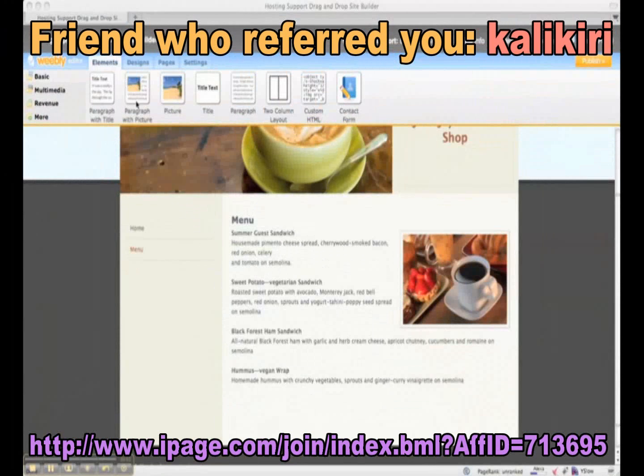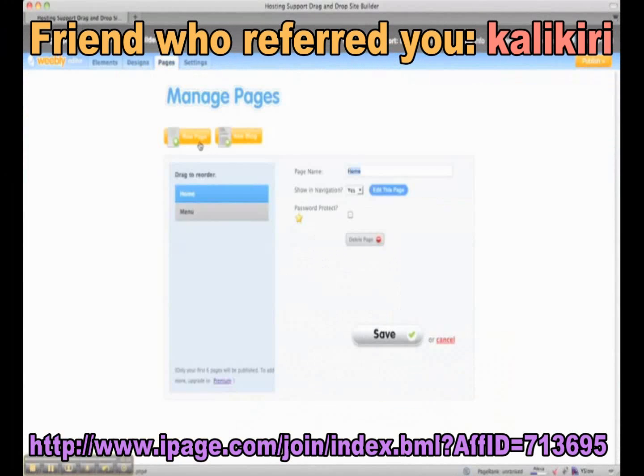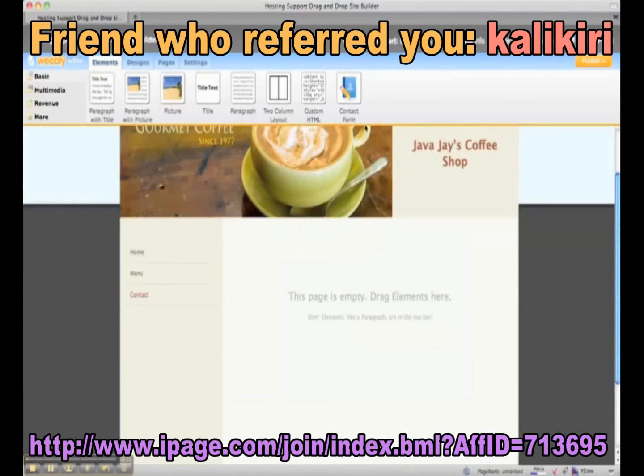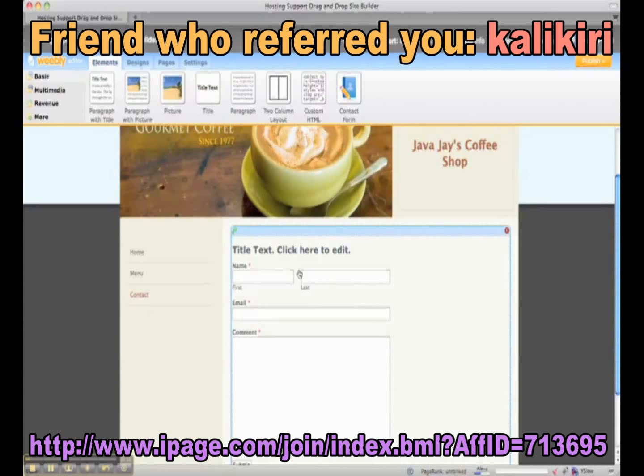Let's make one more page. Let's make a contact page. We'll click on the Pages tab, click the New Page button, call it Contact, click the Edit button, and we're going to put a contact form on this page. And it's as simple as just pulling the contact form element down,